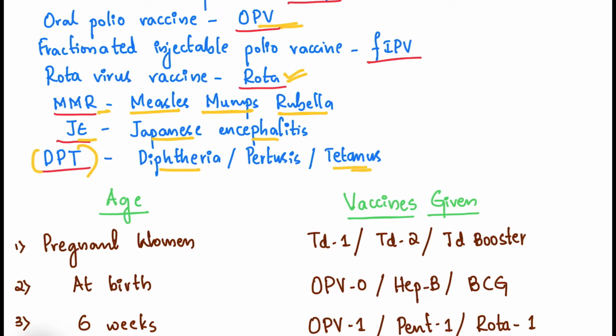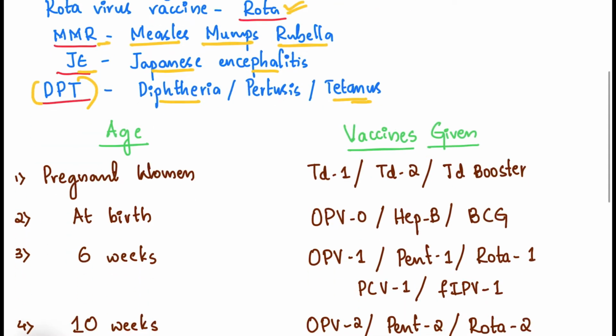So firstly we'll go over the age and then the vaccines given during that particular age. Beginning with the pregnant woman, she will receive 2 doses of TD. We have TD1 and TD2, and there must be a gap of 1 month between the two doses. We will also give a TD booster to those pregnant women who have received these 2 doses in the past 3 years. Followed by at birth of the infant, we'll give OPV 0 dose,